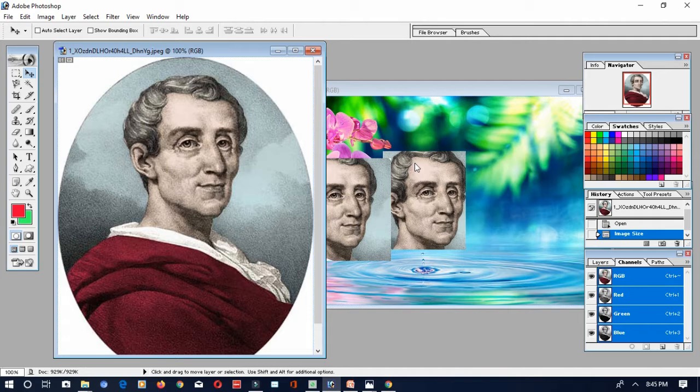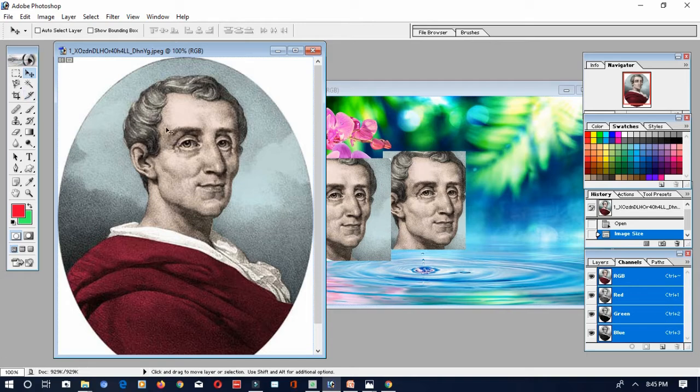Next is cropping the image. Cropping is taking only a particular part of the image and removing the other part. That is called cropping. What will the selection tool do? It will select the particular part, and you can move it, copy it, or paste it in some other place, or take it out if you want. But what will the crop do? It will crop the particular portion only and the other portion will be removed.